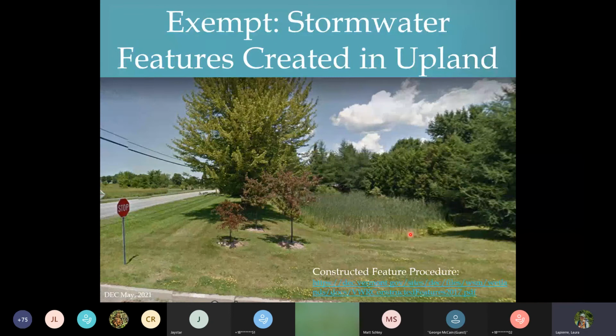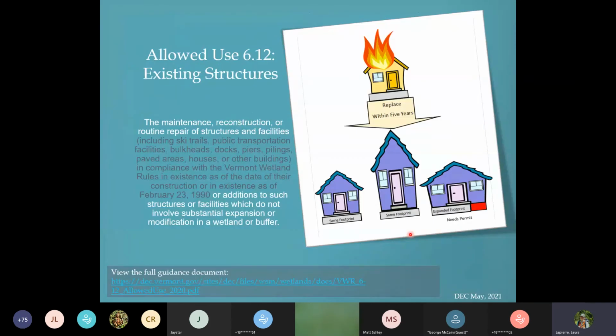So wetland-like features, which were human constructed by excavating, grading, or filling, and were created wholly within an upland area, are exempt from the Vermont wetland rules. So the stormwater pond isn't protected as a wetland and can be managed as this original intent.